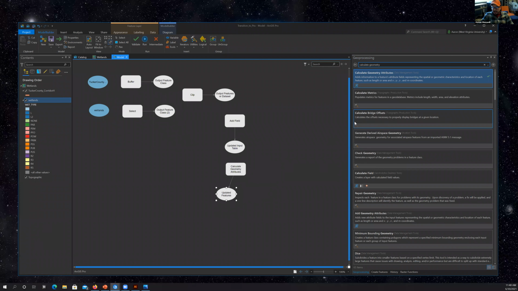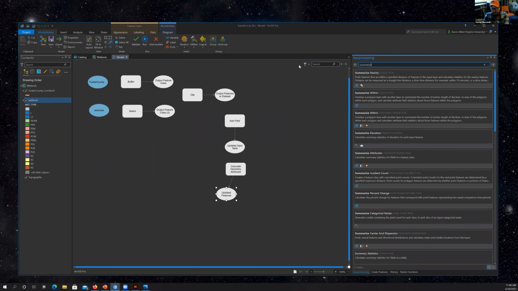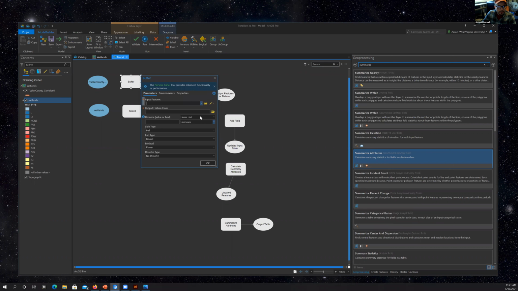And then I guess we'd want to do a summarize. Summarize attribute, I think is what we would need. Okay, so there's all of our inputs and tools. So now you want to hook everything up. So start off with this. So for the buffer, we're going to buffer out the